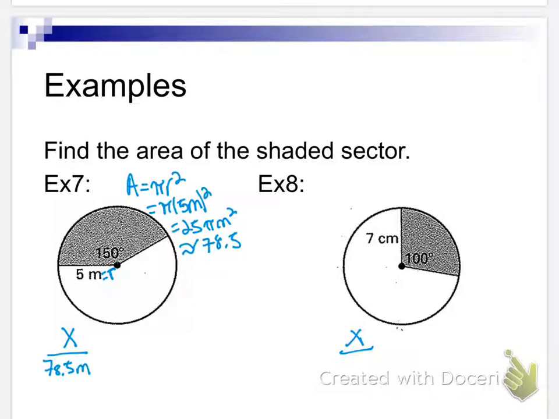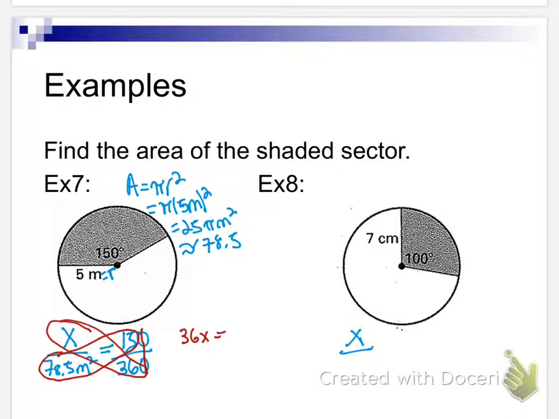78.5 meters squared, which is equal to the degree of the sector, the shaded region, that's 150, and then remember we always put it over our total, which is 360. That's always going to be 360. You have two options. You can just go for multiplying, but right here I can see an easy reducing. They both end in 0, so they're divisible by 10. So I'm going to cross multiply here, and I get 36x equals